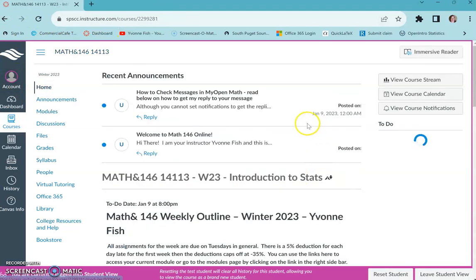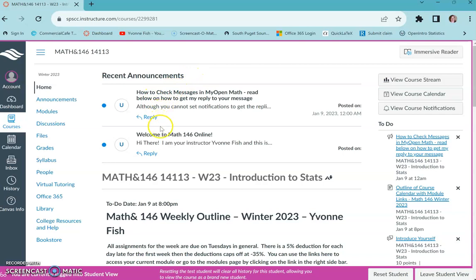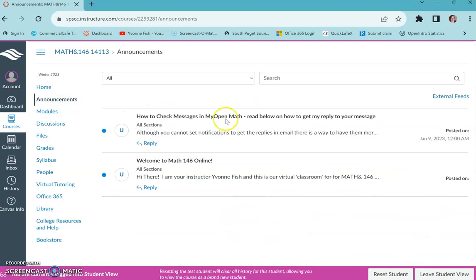If you go to your home page, you'll see some messages here, some announcements. Only two will show at a time, the most recent two. So if you want more announcements, go here and you'll see as they develop, or old ones if you want to go back to that. So when you click your home page,